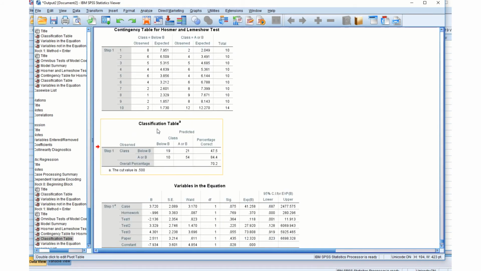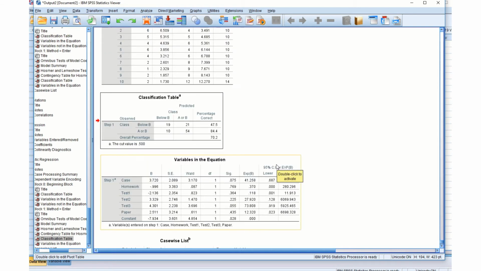Now we come back to the classification table and we look at how well the model classified the respondents relative to the actual data. So what it did was it predicted that 19 would be here, and 10 would be here, versus what was observed here. And I'm not sure I'm getting that quite right, but the bottom line is